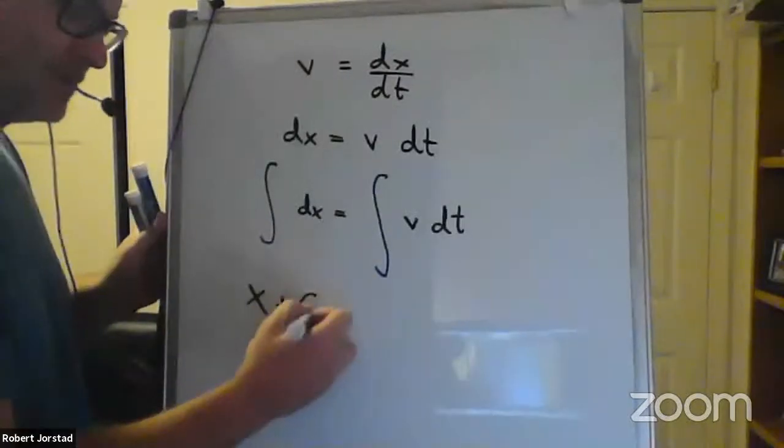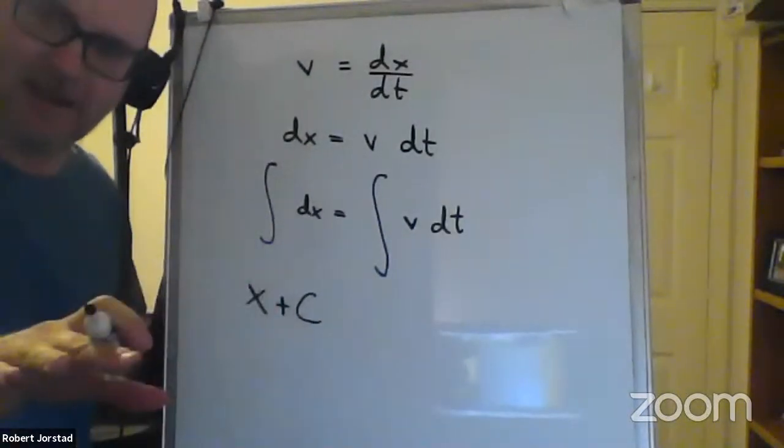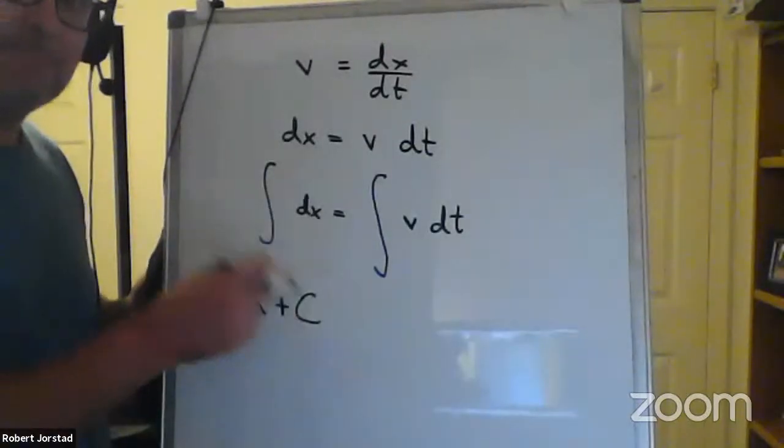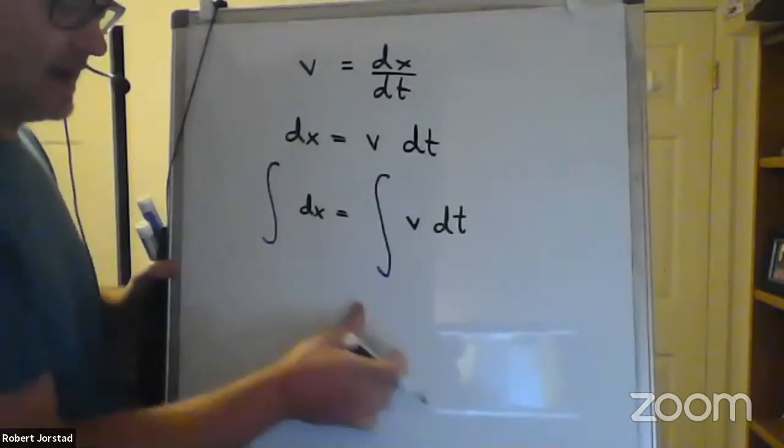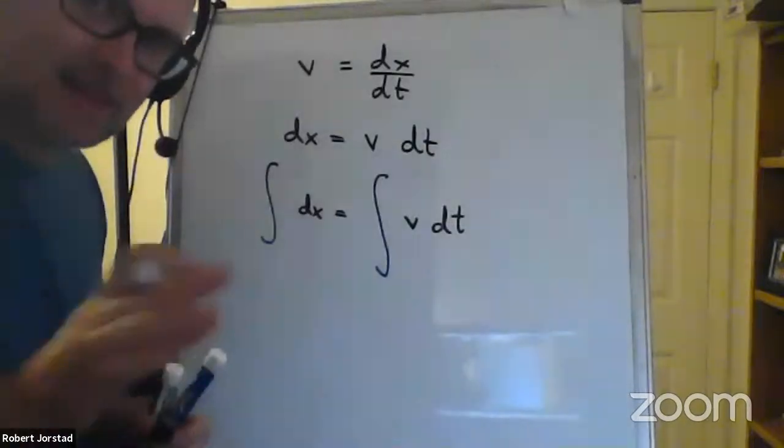Really, it's x plus c. You know what I mean by that? Yeah. And so you got the function part right, but this constant matters a lot in a physics class. It's a huge deal. Now, in order to avoid making that mistake on test day, this is what I want